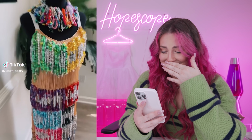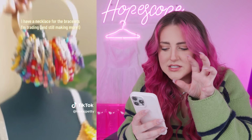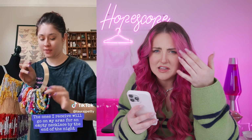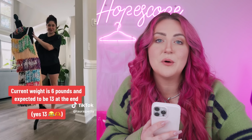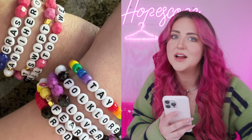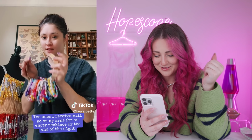Okay, where are my Swifties at? This dress is incredible. She literally made an entire dress out of the Taylor Swift friendship bracelets. I tried to pause the video and zoom in to see if it was the names of the songs. I think it's kind of a mix of Taylor quotes and things and songs, but oh, it's so cute. Those of you that don't know, Taylor Swift fans at the concerts bring friendship bracelets that they make and then you can trade them all before and after the concert. So she's not actually taking the bracelets off of this dress. She made a separate little hook thingy with the bracelets that she's gonna be trading,